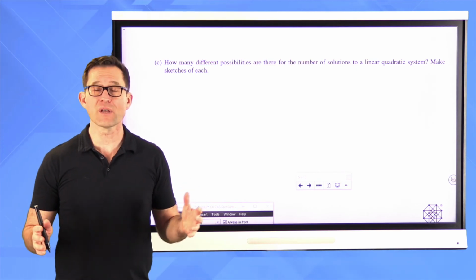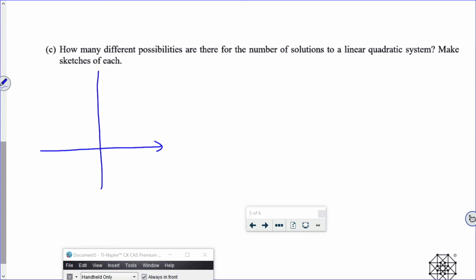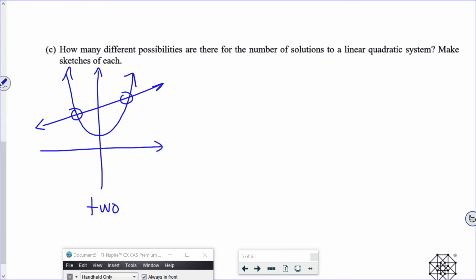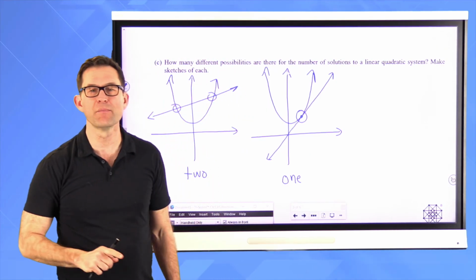All right, well, the most common case was the one that we saw the first few times, which is that I'm going to have two, right? So I've got the scenario where I've got a parabola like this, and I've got a line like this, and I've got two, right? So there's two solutions, right? And then I have the one that I just saw, which is that I've got some kind of parabola, and I've got a line that just comes up, grazes it, and then goes along on its merry way, and that's only one. But there is one other possibility,